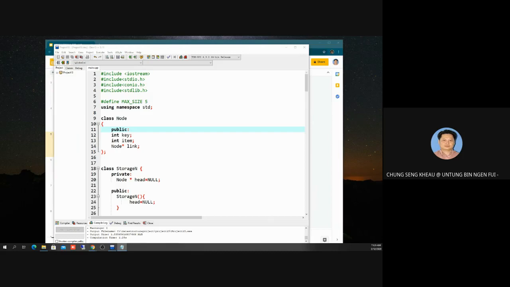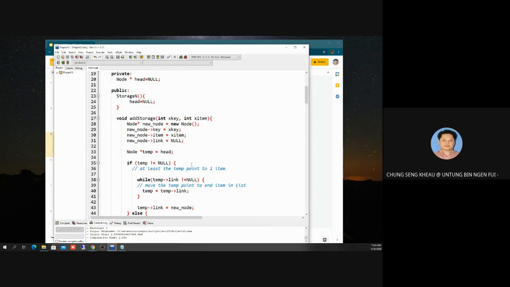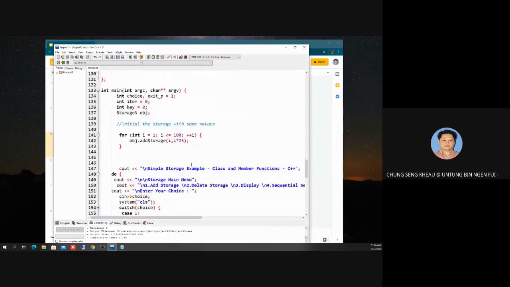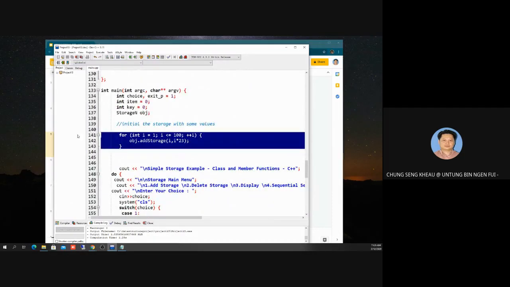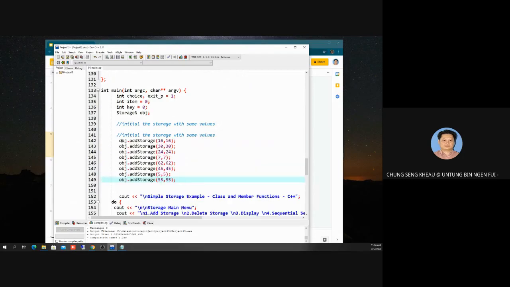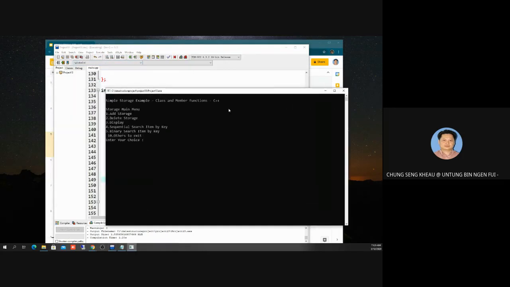Remember, we try to initialize the value by this. We don't want this one, we want this. So we run it. We try to show the initial value 3. So this is the value. But we don't want to list like this, it takes a lot of space. We try to change it to look like